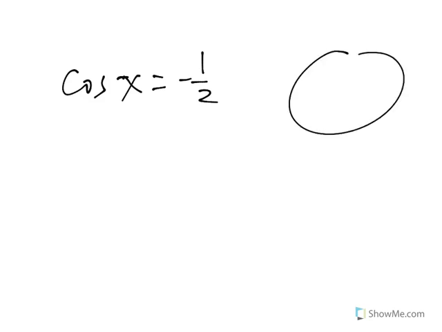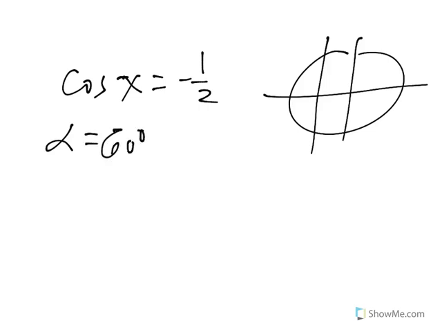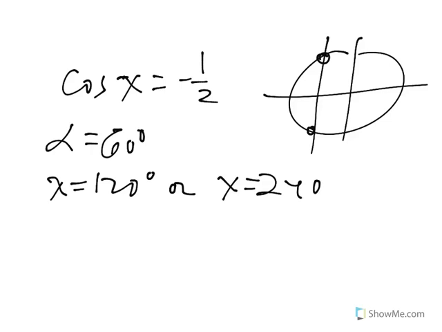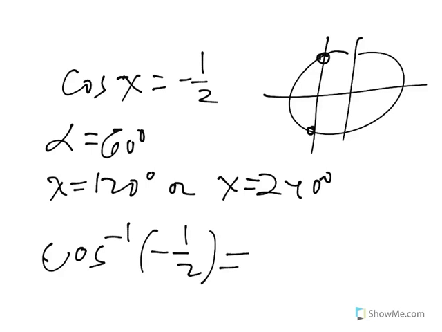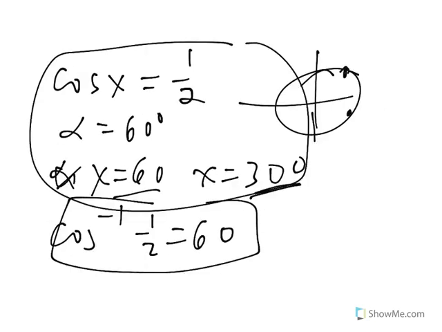And finally, if I say cosine x equals negative 1/2, that equation has two answers. The reference angle is 60 degrees. I'm here in quadrants 2 and 3, so the answers are 120 or 240. But if I say the question this way, cosine inverse of negative 1/2, it looks like the same question, but that's going to have just one answer, because cosine inverse